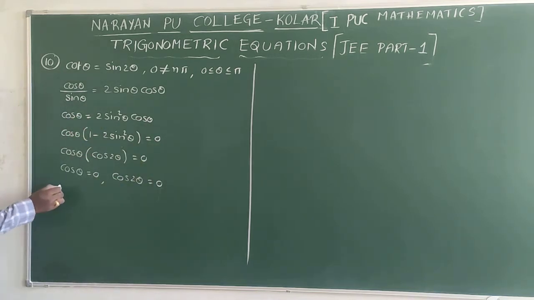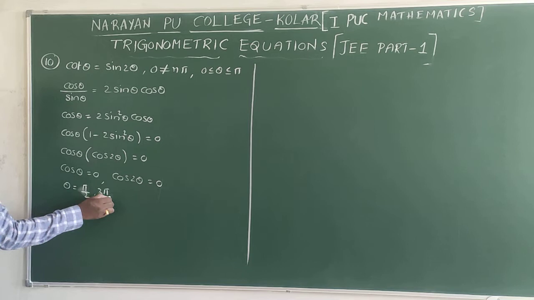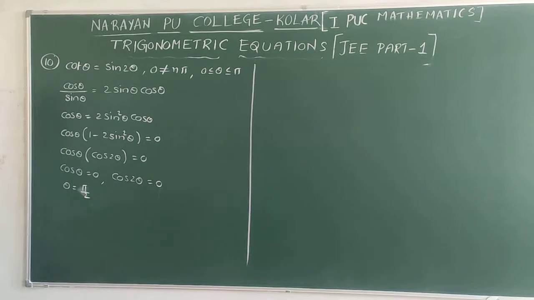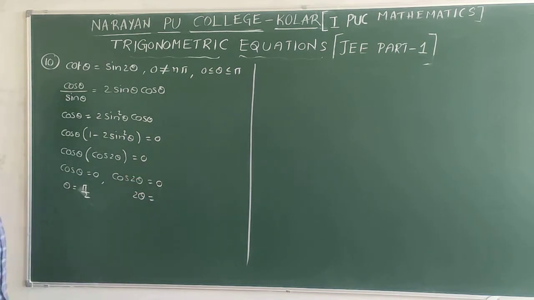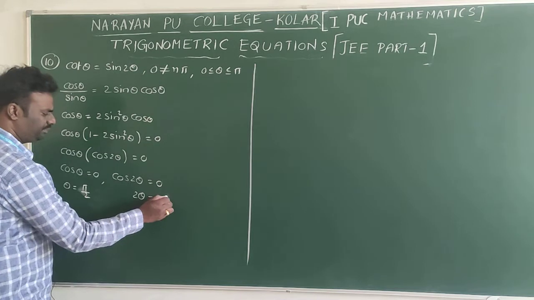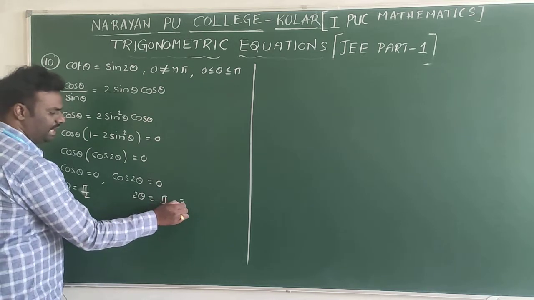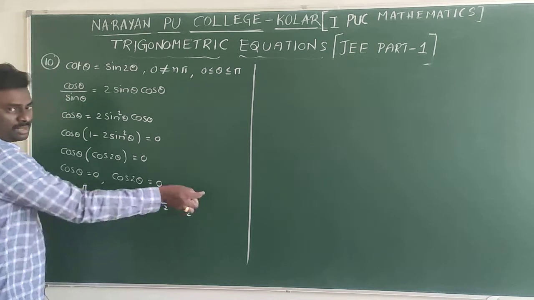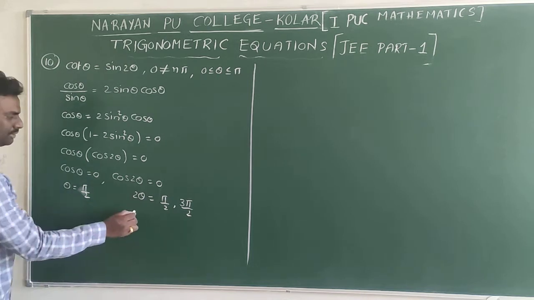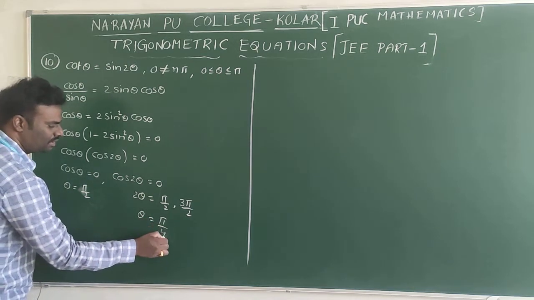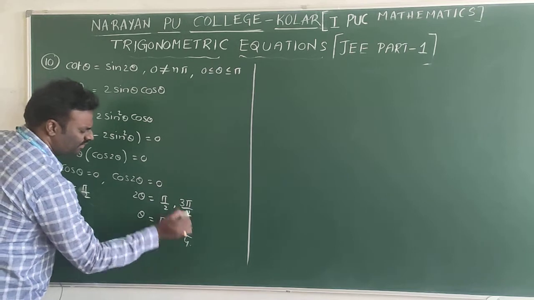So when cos value is 0, theta will be 90, pi by 2. So here one more value we get, theta will be, I can take 270, 3 pi by 2. Next, here 2 theta equals to, when 0, pi by 2. When 0, here can I take 3 pi by 2? Because 2 comes to this side, it becomes 3 pi by 4, that is nothing but 135. 135 is in the range. Now theta is pi by 4, 3 pi by 4.